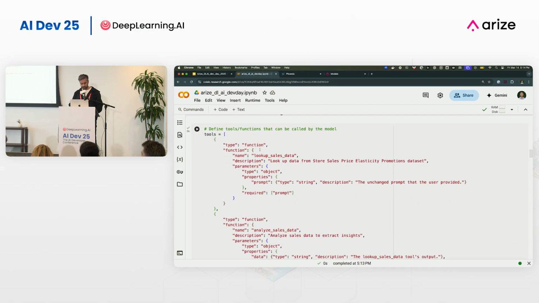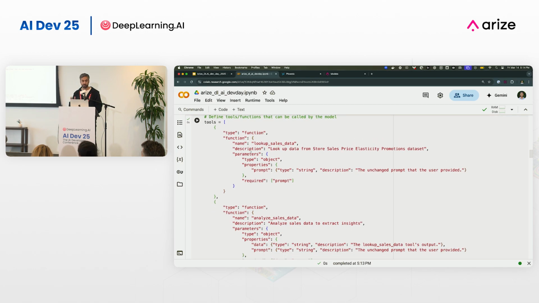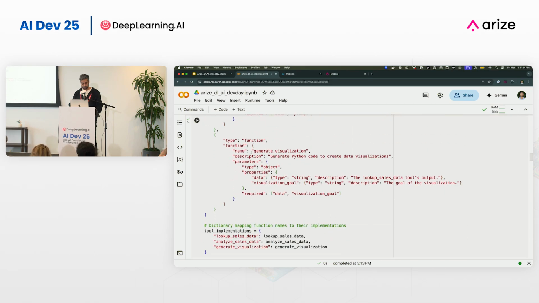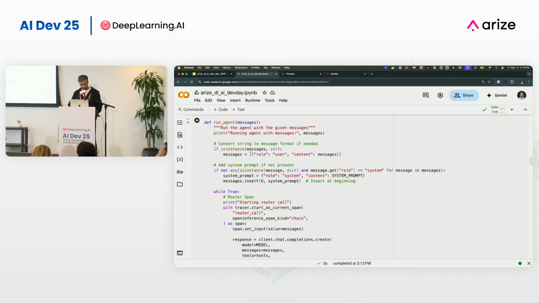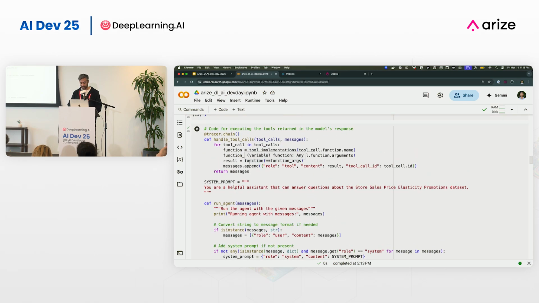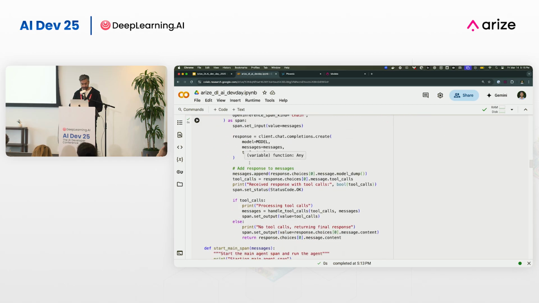Okay, and then this is the actual JSON construction of the function calls from before. Hopefully most of this should be familiar, since you've probably done some tool construction with functions, and then you've created a function which is basically this JSON object. Great, okay, and this is basically the handling of the tools. This is code to construct all of that together.